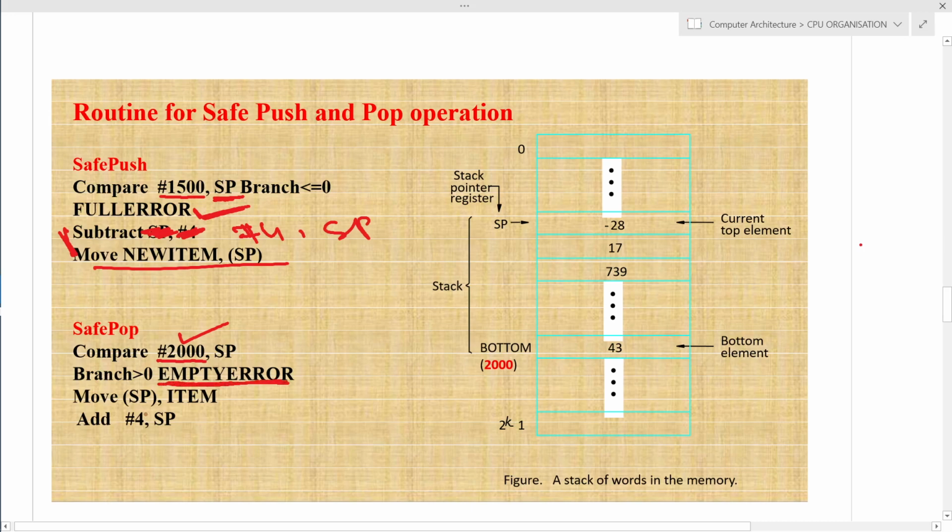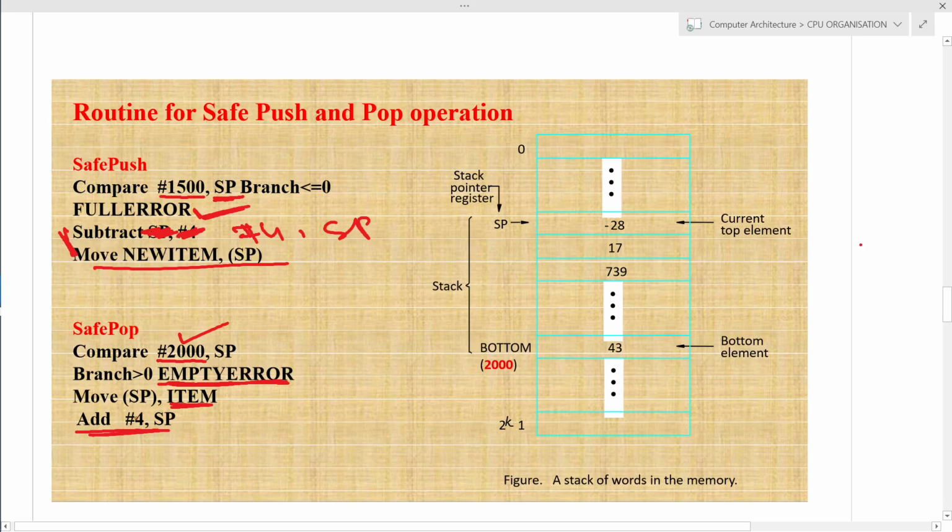Otherwise, I have to move whatever the content is, identified by the stack pointer, to the variable item. Then after this, which is the simple pop operation, I have to increase my stack pointer value by 4.